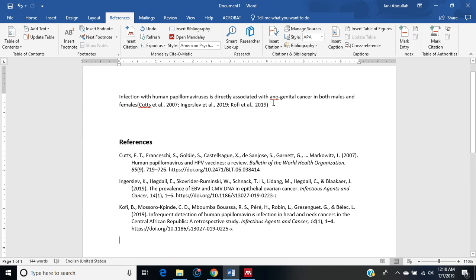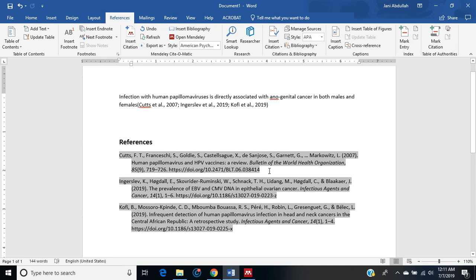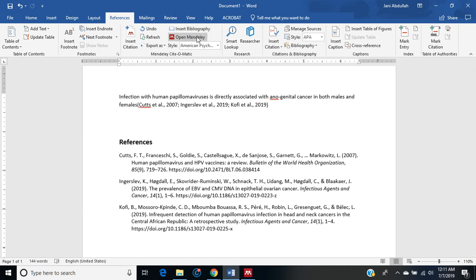But I have read some questions on ResearchGate where someone wants to know what to do if they want to remove the DOI from the references because it is added by the Mendeley. And sometimes the professor, even my professor, asked me once why this line is added, please remove it. Because I was using Mendeley, I first didn't know how to do it, but then I figured it out. So what you can do is just click on